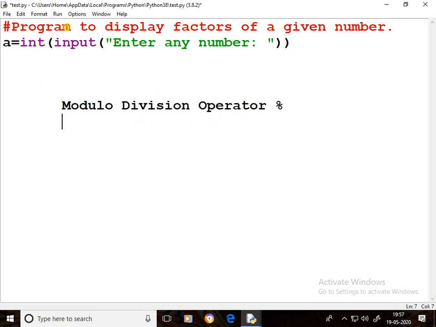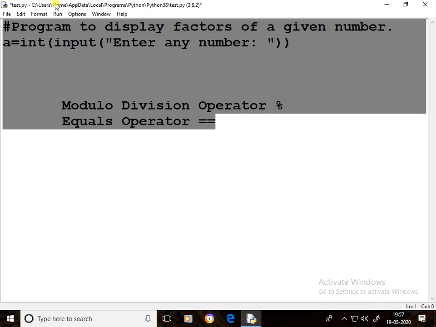After getting the remainder, whether it is 0 or not, we have to check. For that, the equals operator we have to use. The equals operator is a relational operator, written with two equal symbols. These two operators we are going to use.